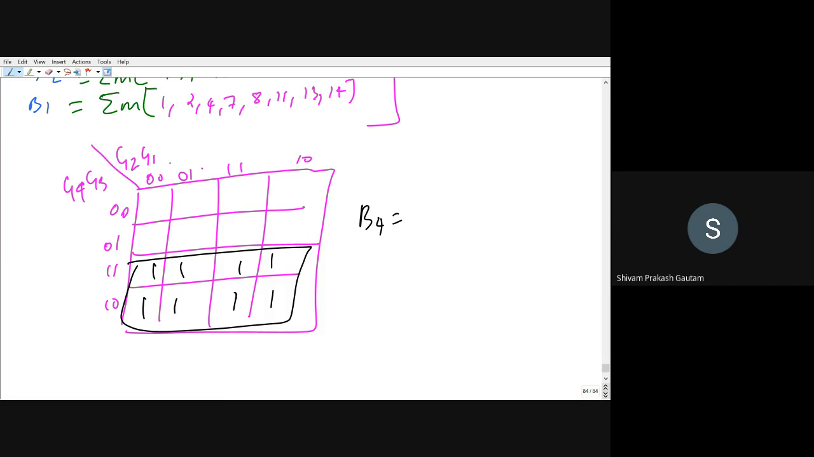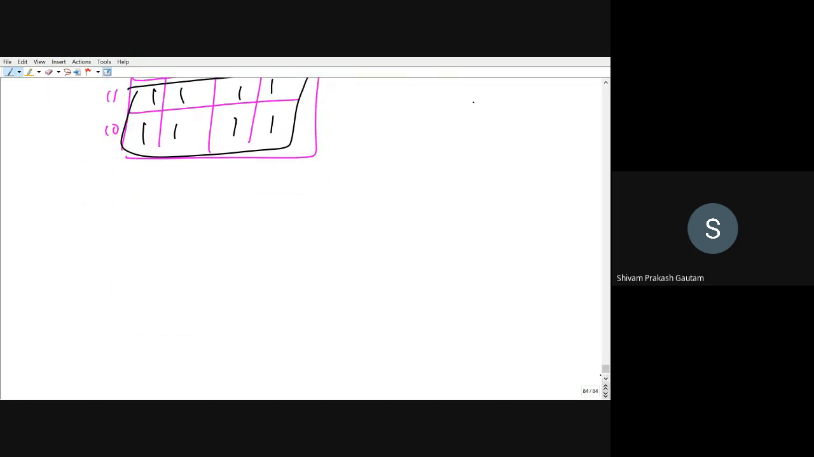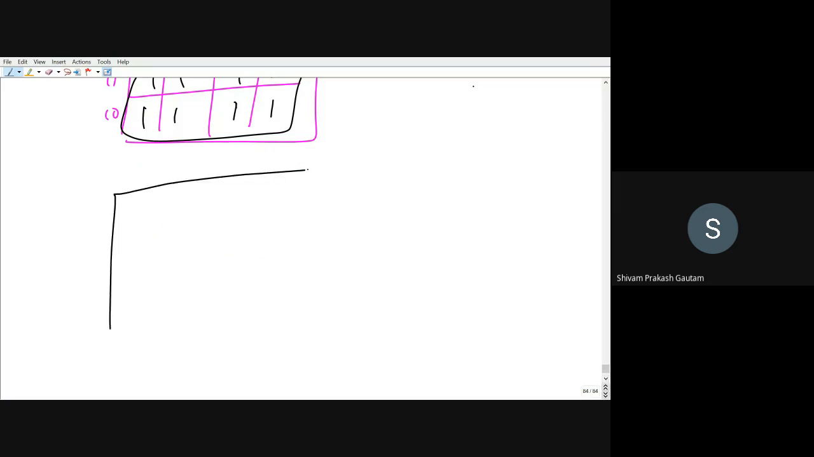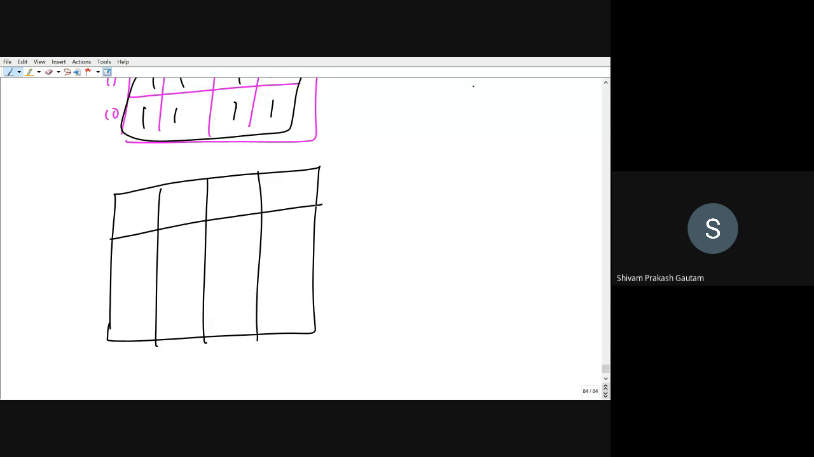Tell me fast. B4 will be G4. D4 will be G4. This is right. Then for the next grouping, this is B4, B3, B2. Sorry,